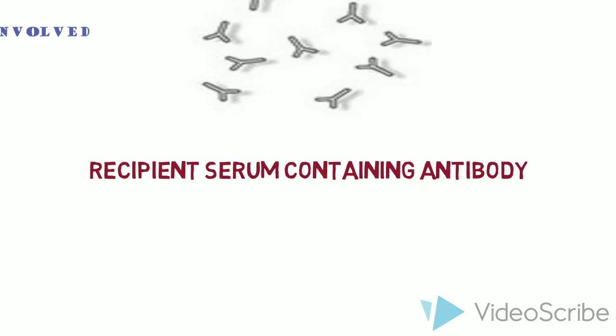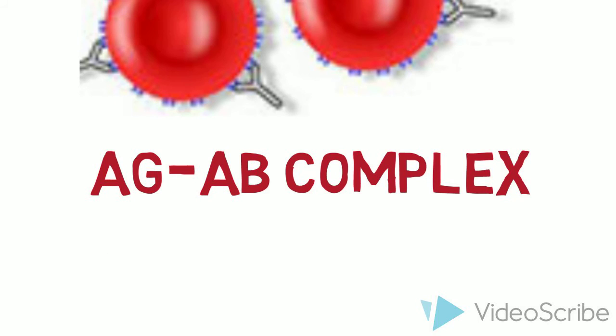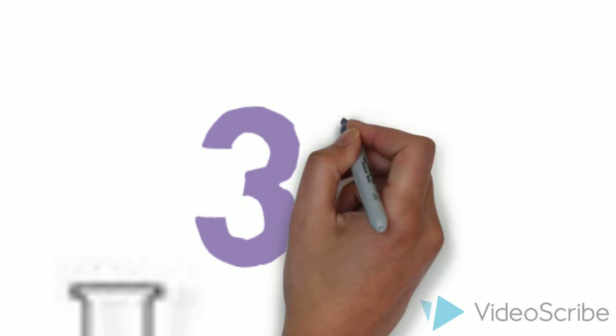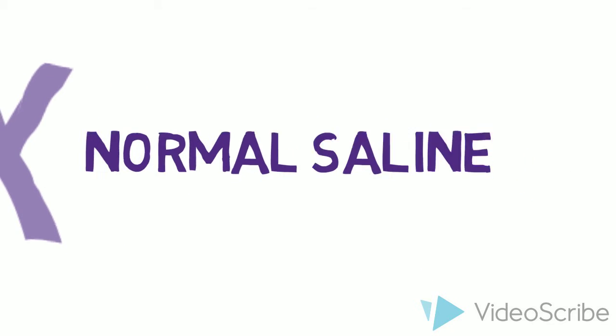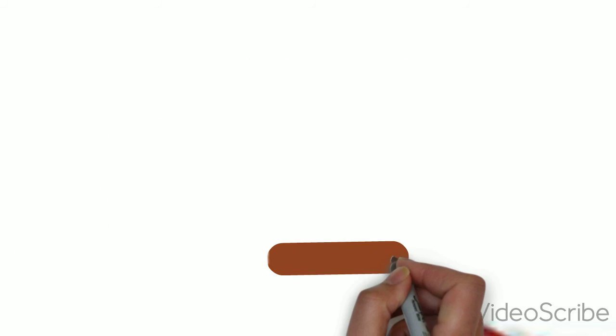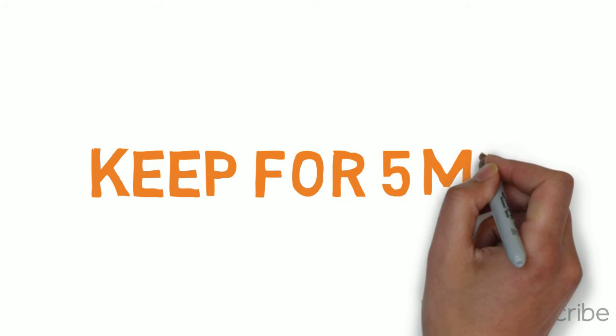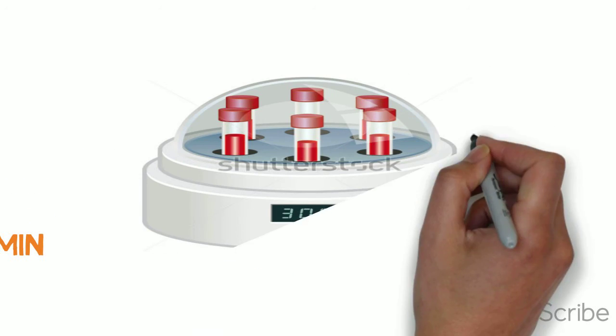First, we incubate the patient's serum or known serum with donor red cells. Then the antigen and antibody complex forms. Then we wash the cells 3 times in normal saline to remove excess serum, leaving no free antibody. Then we add 2 drops of Coombs reagent and keep for 5 minutes,